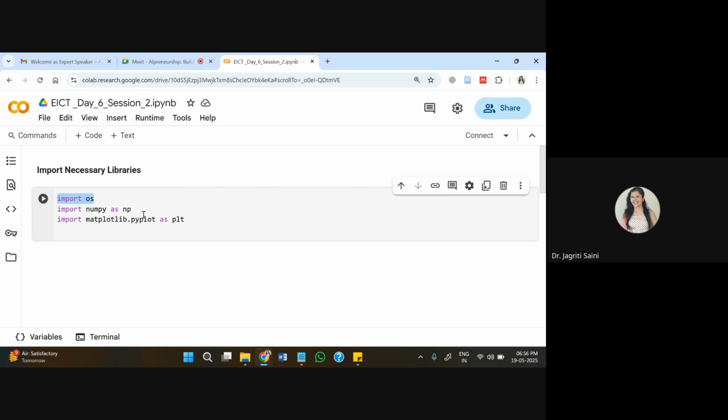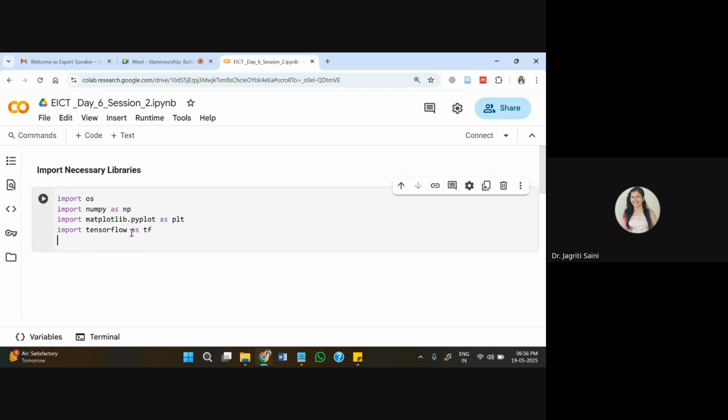This OS library I'll need for creating different directories from my dataset that I'll be getting from online source. NumPy I'll be using for any kind of numerical manipulation. Matplotlib I'll use for plotting my end results. If time permits, definitely then we'll plot them as well.